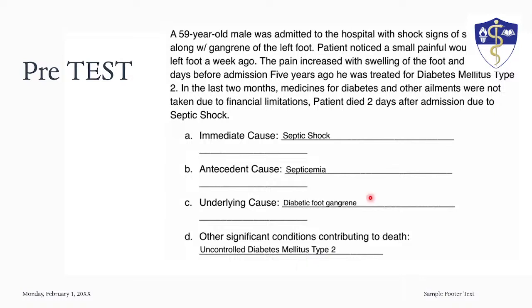So a little comment lang. But we're going to go over how to write things with infection on later slides. This is from the last lecture. So let's just go to the next example. We're just showing you examples lang muna, on how current Filipino doctors are writing down their death certificates. Okay, so this is a pretest. This is not an actual patient. This is not an actual death certificate.